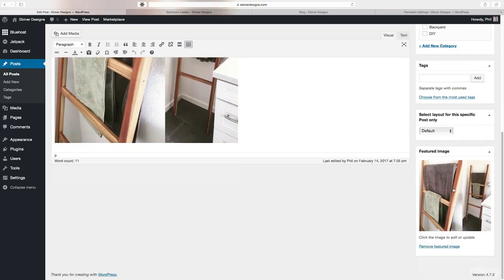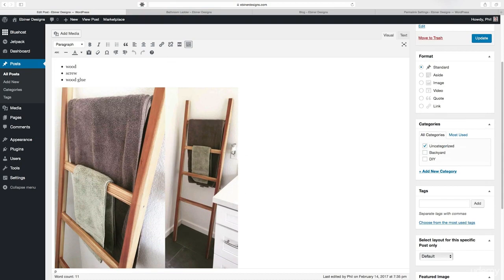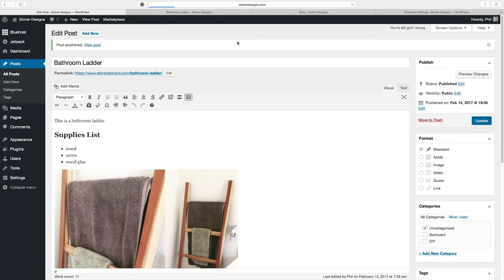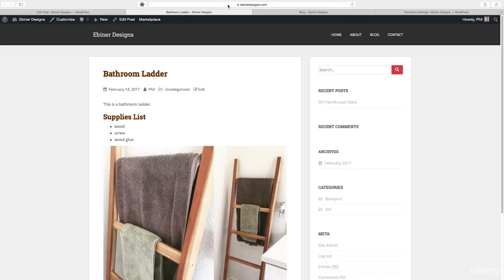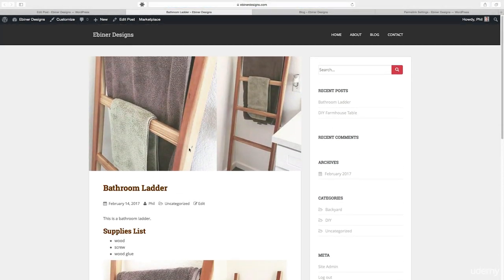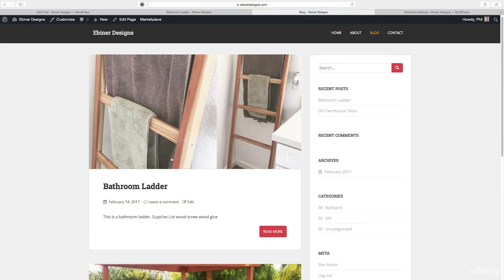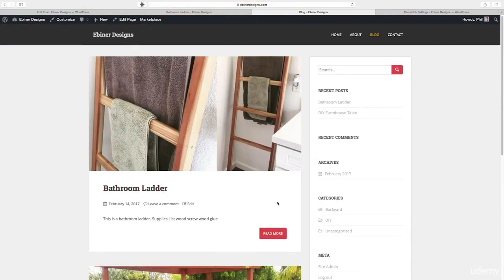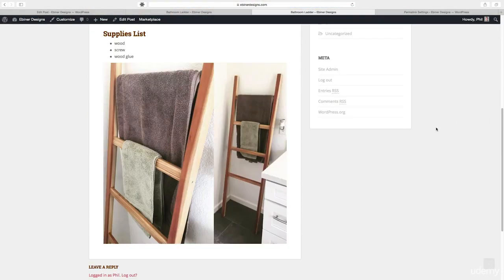It's probably a good idea to have multiple images and not use the same exact image that's in your blog post as your featured image because it gets a little repetitive. So now if I update that and then I refresh the blog page, that image becomes the featured image, and you can see that it crops it to this aspect ratio. And now if I go to my blog page, we have the featured image appear on top of the blog title.